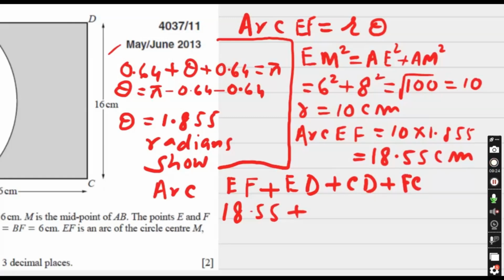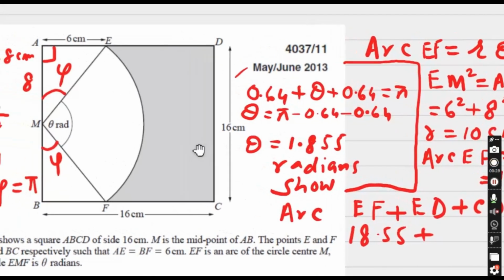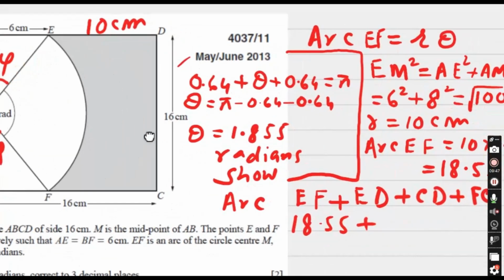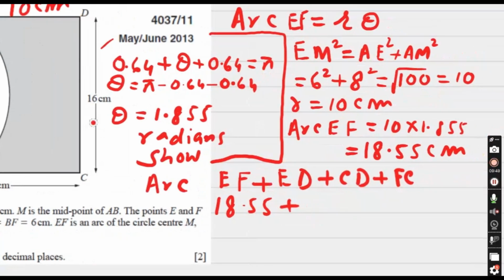plus ED. What is ED? AD, because it's a square, so all sides are equal. So AD is 16 centimeter and AE is 6. So ED should be 10 centimeter. 16 minus 6 is 10. So it is 10